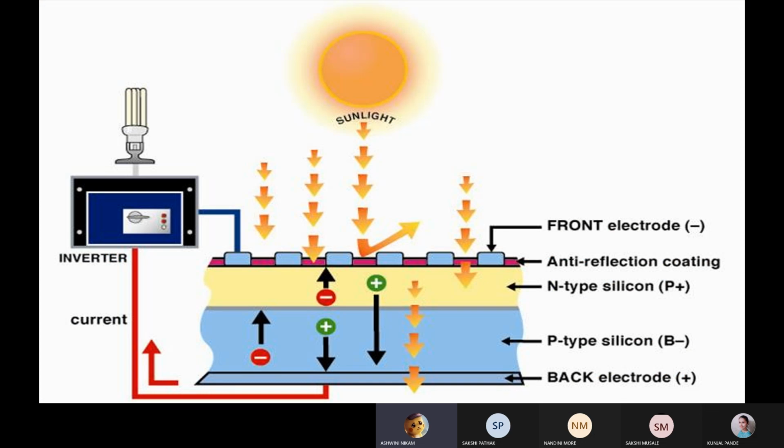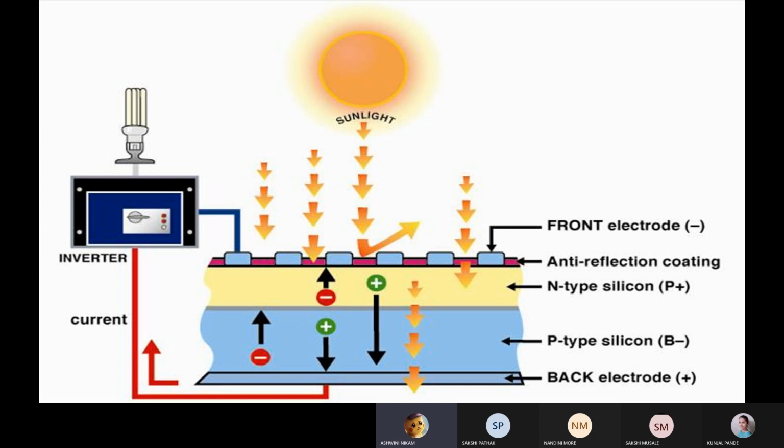PV cells are referred to in terms of the amount of energy they generate in full sunlight, known as kilowatt peak or kWp. We all know that in the case of any appliance, its efficiency or its capability is measured in ideal conditions. Therefore, PV cells are also referred to with their ideal conditions to get the maximum amount of energy from them, and their outputs are taken in the ideal conditions.